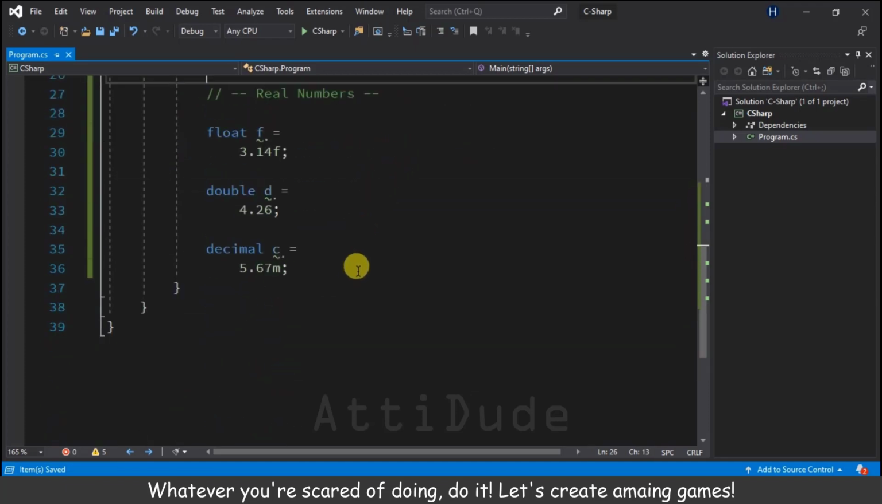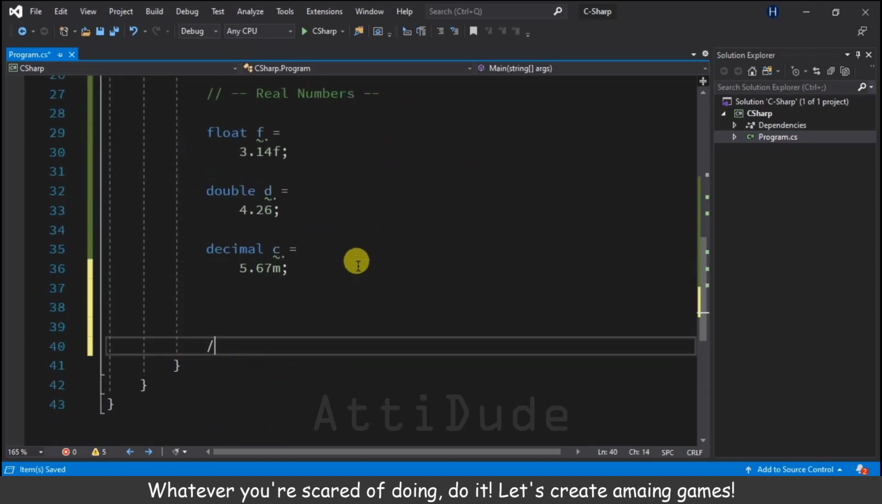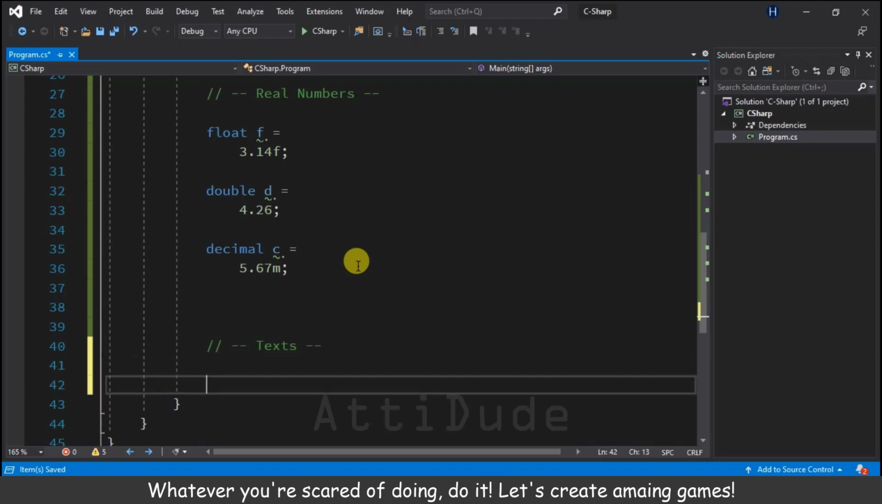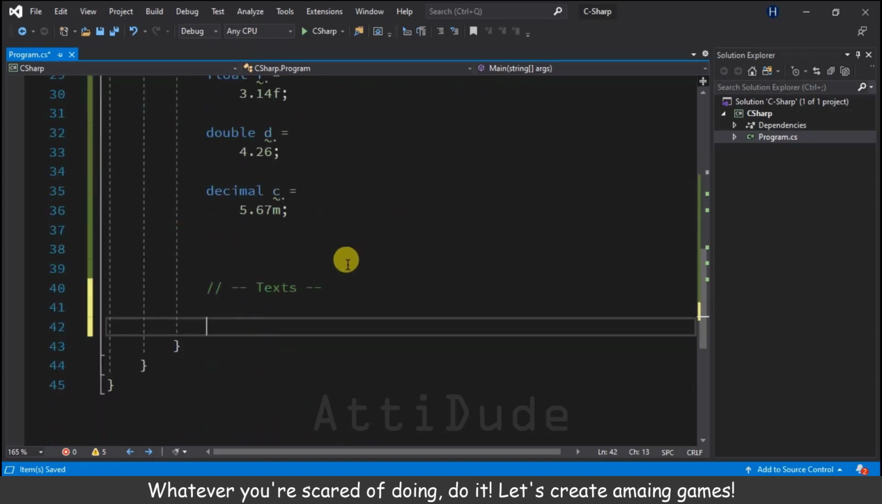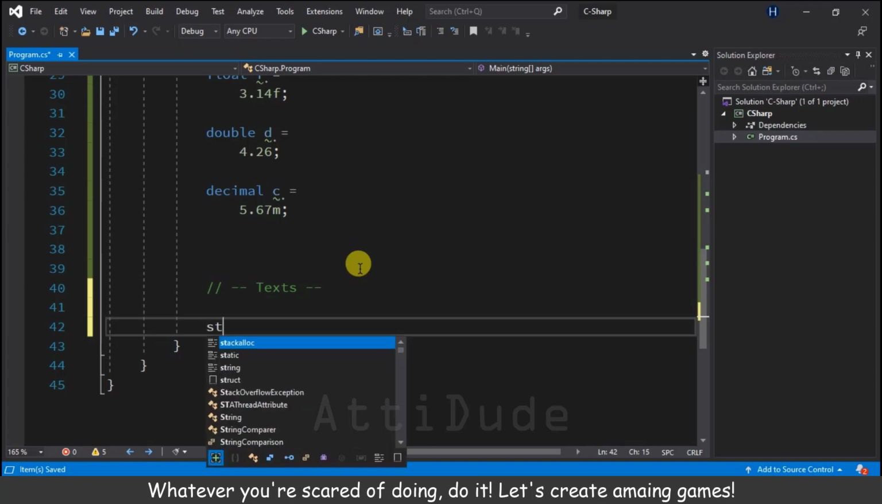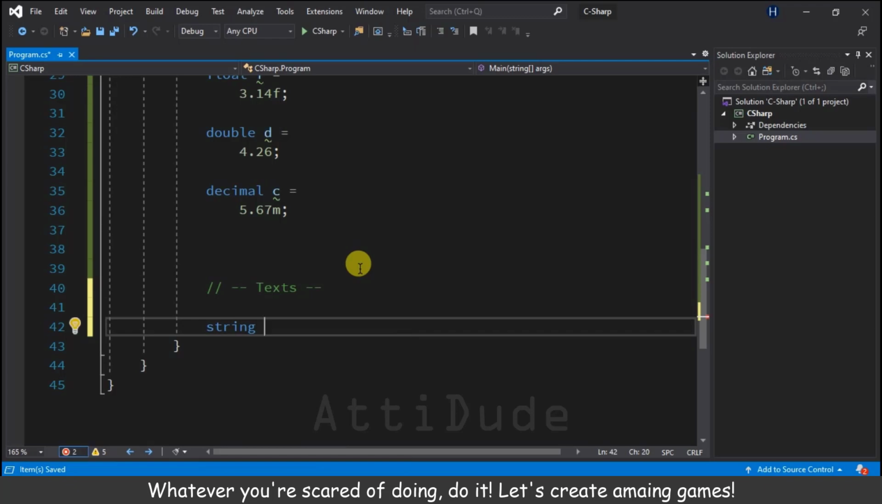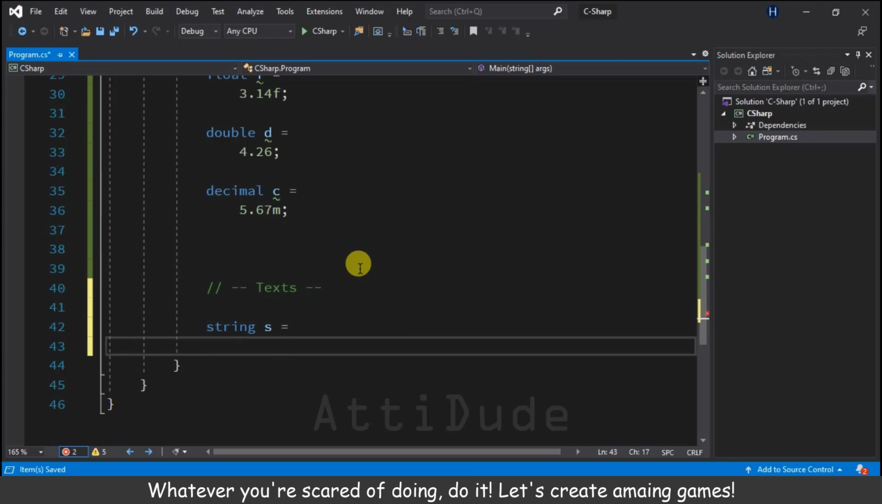And now the third one that we have is text. And for text, there are actually two types of text: we have a string and a char. Both have different functions, and we'll explore them. Once we write string, we can write s equals to maybe like